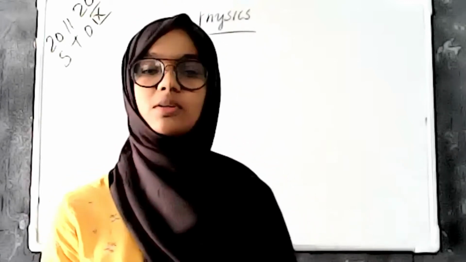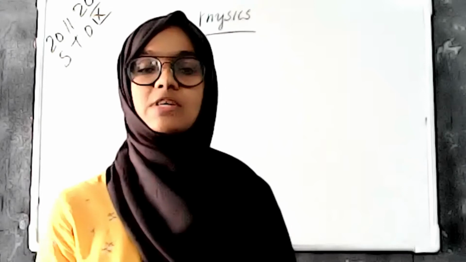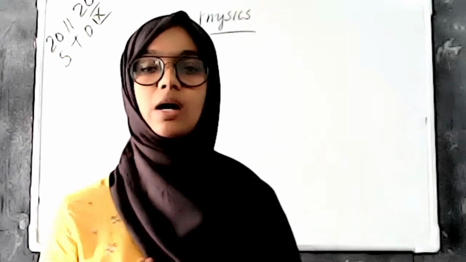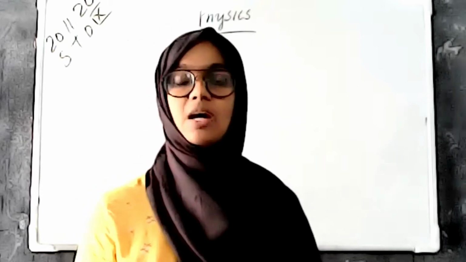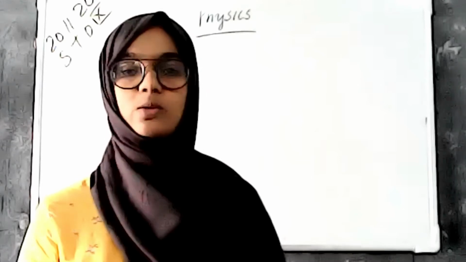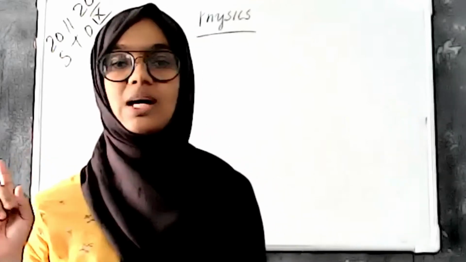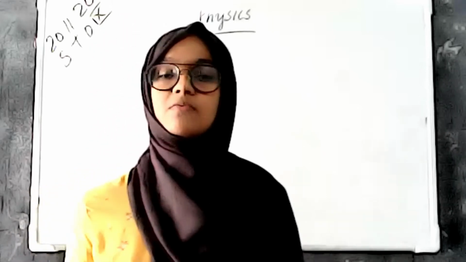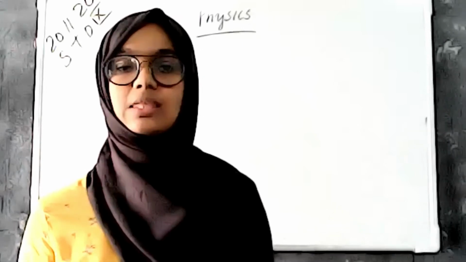Today we are discussing the other two equations of motion. First of all, we are discussing the basic equation for working out the equations of motion, and the first equation of motion. We have two more equations of motion, based on position and velocity. In the previous class we discussed only one equation of motion, the first equation of motion. And today we are discussing another two equations of motion, the second equation of motion and the third equation of motion.